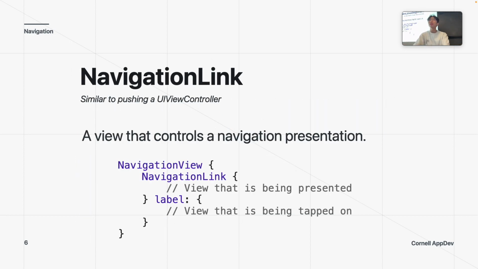There's also this other view called a navigation link, which is a view that controls a navigation presentation. So this is similar to pushing a view controller in UIKit. You can also present a view in SwiftUI, but you will be using this thing called a sheet, but I won't go over that in today's demo. So as you can see, I have a navigation view, which you guys can think of as